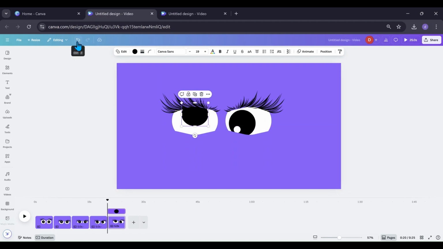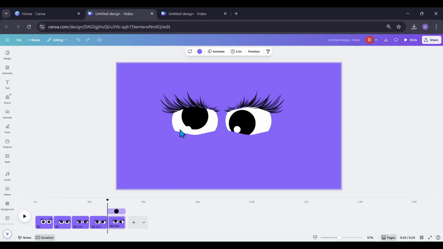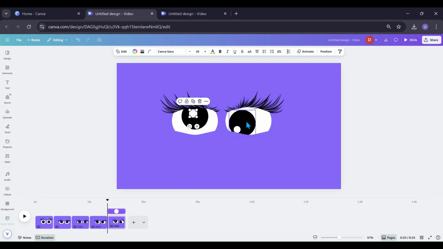Uh-oh, I think I smushed it. I don't want to smush it. I was trying to grab the white dot. Let me grab my white dot, and then do something like this. So you can just make a bunch of pages. What I would do is make a bunch of pages with different